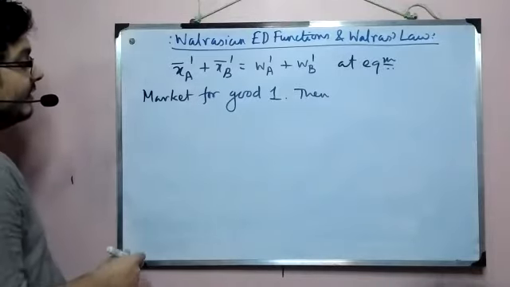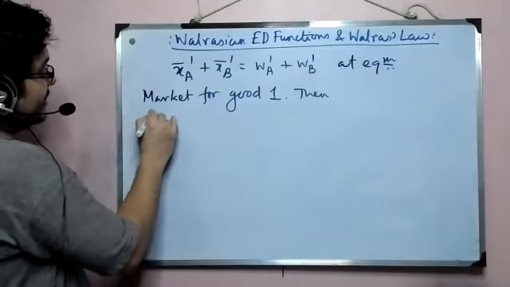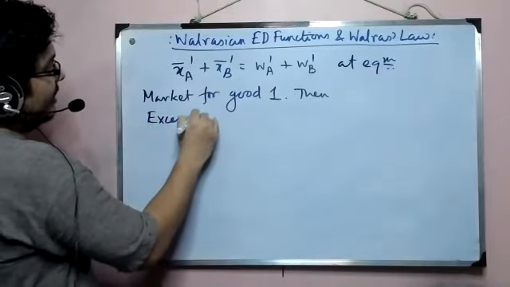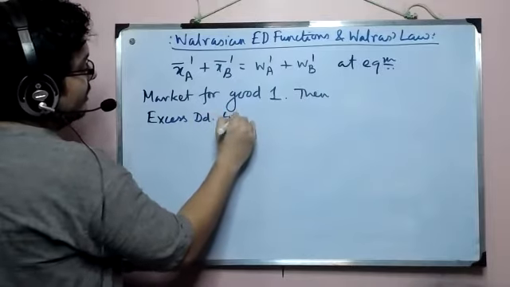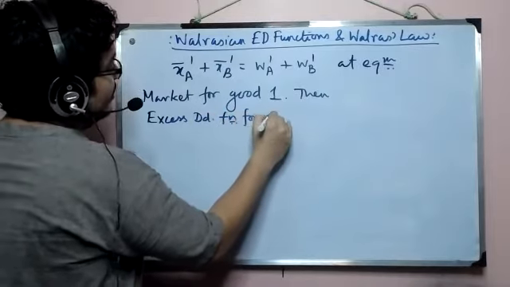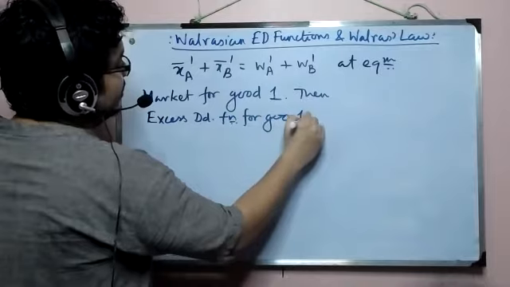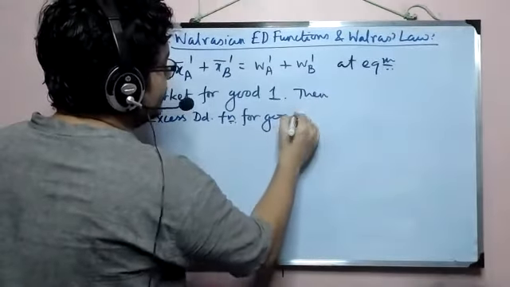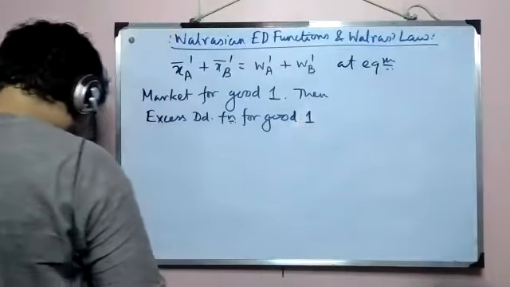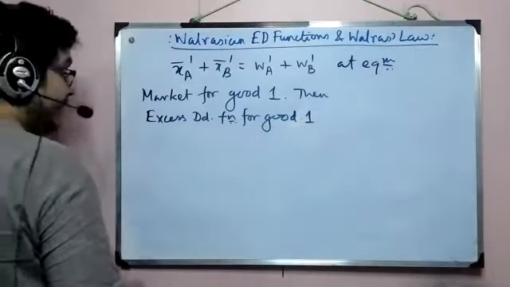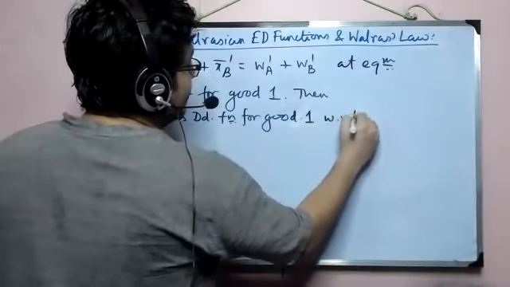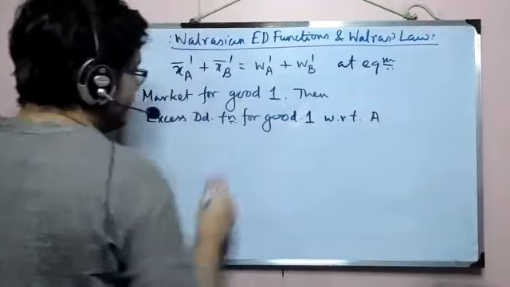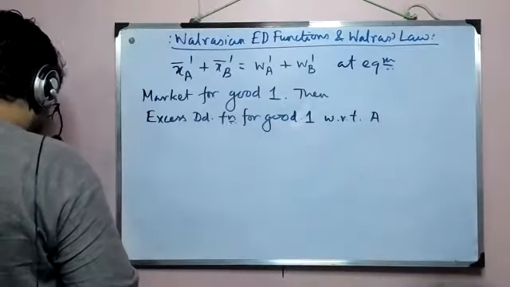So for example, excess demand function for good one with respect to A, that is consumer A, it will be,